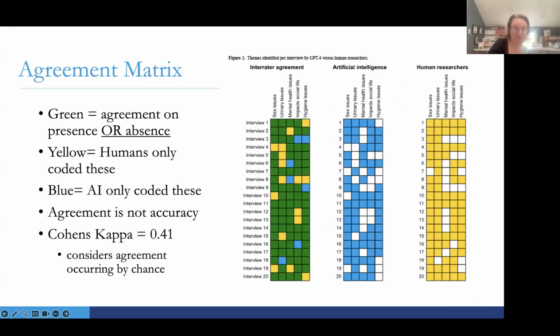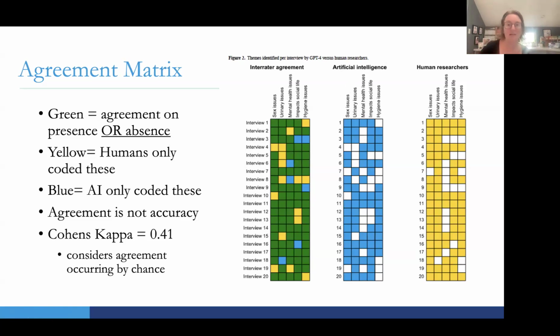So then what they did is they took the final themes that had come out of all of these interviews and they put it together in this agreement matrix. And I will explain it right now. So let's start here. AI, this is blue coding. And so they call these themes, let's pretend they could be codes, they could be themes. It doesn't really matter. But to stay consistent with the article, they're saying that these themes on sex issues, urinary issues, mental health issues, they're basically collapsing all the codes into what they're calling a theme. Because I wouldn't say sex issues in and of itself is a theme. Like that's not descriptive to me.